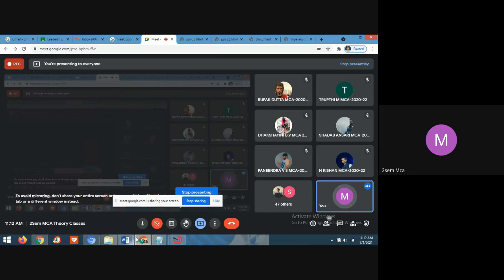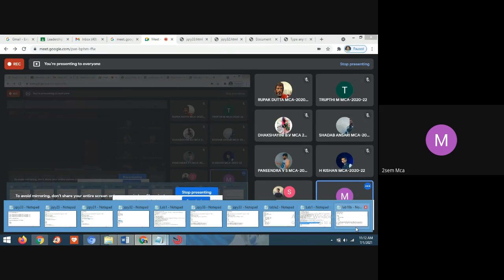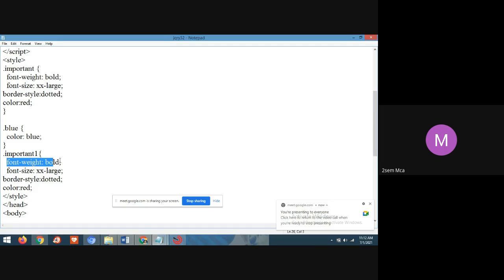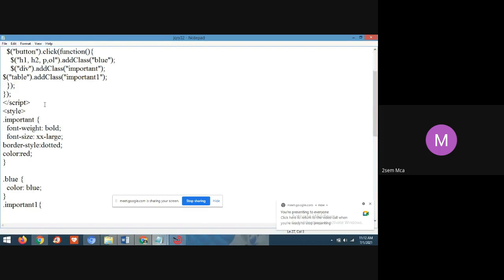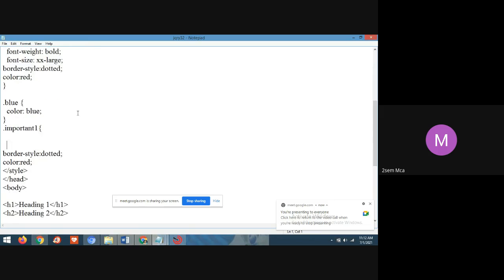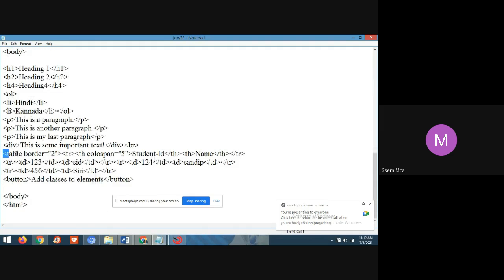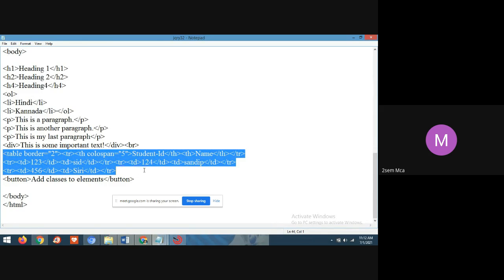So I'm just giving the border style dotted and color red. Yes, students, you are understanding now what new thing I have included here. Here I have included a table. The content I'm adding in the table is student name and student ID.